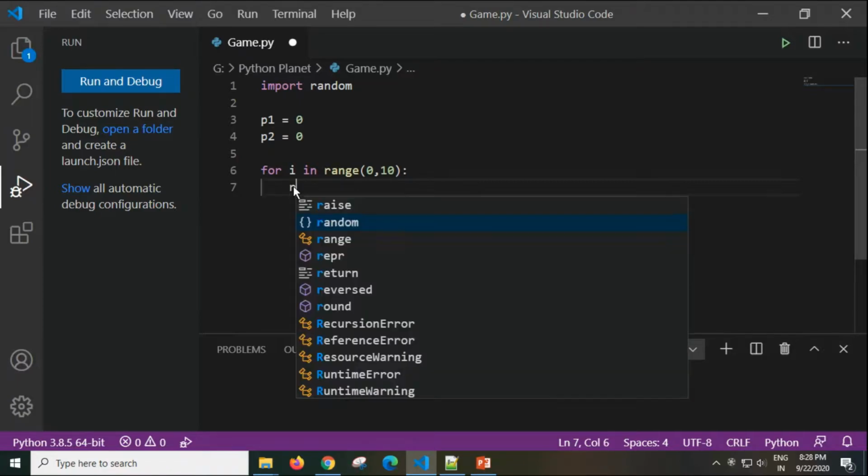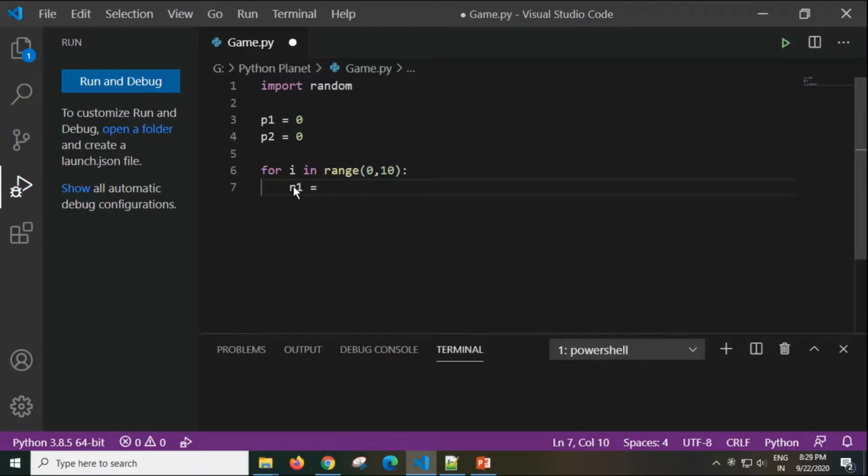So for that I will declare a variable r1 and random.randint. I will use an inbuilt function inside the random module to generate random numbers. While generating these numbers, I have to specify the range between which the random number would be generated.